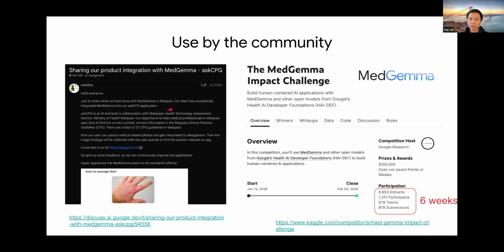Now, the other thing that we did, we started earlier this year, timed with the release of NEJM 1.5, was that we started a Kaggle challenge that was about 6 weeks in duration. And we invited people to essentially try it out and show us cool concepts of what NEJM could do. And when it first started, we were a little bit taken aback when almost 7,000 people registered for the challenge. And we weren't sure who could essentially handle 7,000 entries.